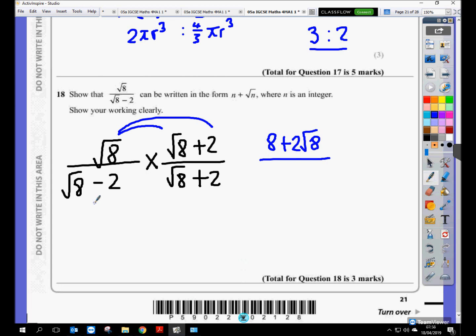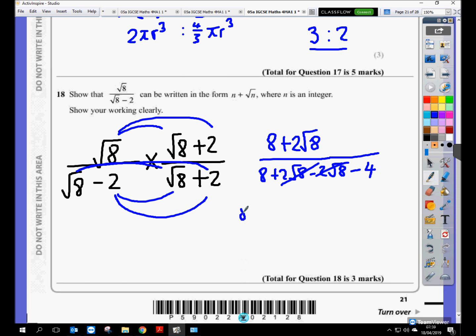Now the denominator is actually the difference of 2 squares. So you can multiply all 4 together, but we know that 2 of them will cancel. Sometimes I just like to write the outer ones. So root 8 times root 8 is 8. Then you have plus 2 root 8. Then the middle one is minus 2 root 8, which I know is going to cancel, but I'll write it anyway, just for fun. Minus 2 times plus 2 is negative 4. So these two terms cancel, and you're left with 8 plus 2 root 8